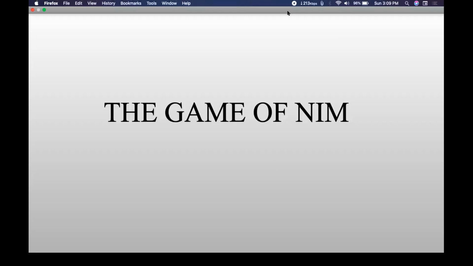We shall be explaining this game of NIM. This game of NIM is a mathematical game of strategy, and it is one of the important games as far as game theory is concerned. It is an impartial game, and it is also a basis for fundamental theorems in game theory.